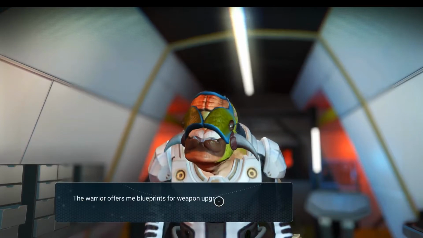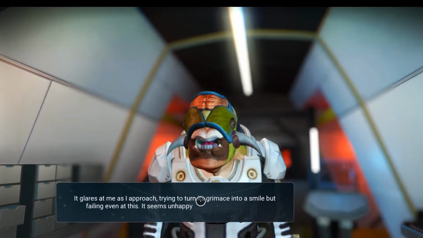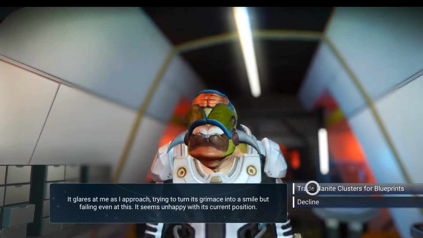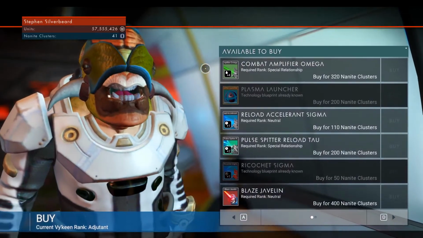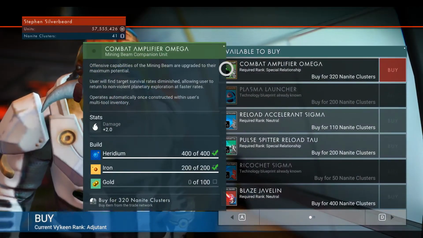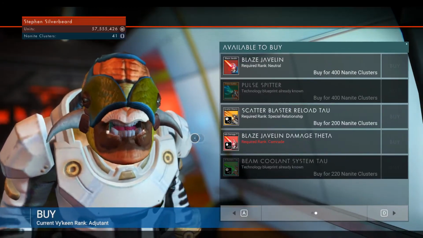Got a few more words in the Vakeen now. He glares at me, trying to turn a grimace into a smile, yes. Got here. Right, I think we will be back for that. That would give me +2. And again,